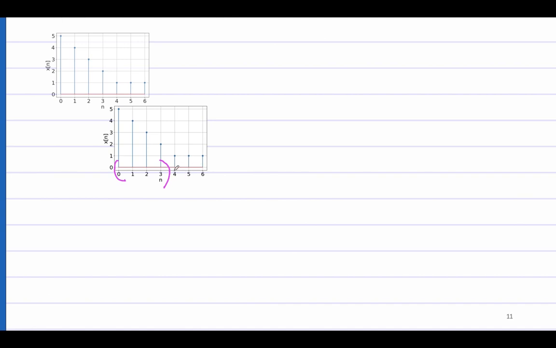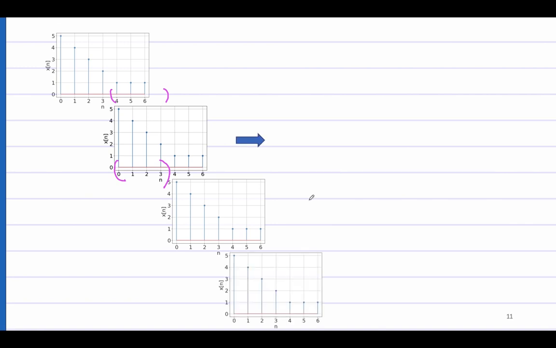If I repeat x[n], these values fall in the same window, so they get added up, and subsequently these values are repeating. So what I obtained finally is this. You see this was 5 4 3 2 1 1 1. So 5 4 3 2 and 1 1 1 get folded over,